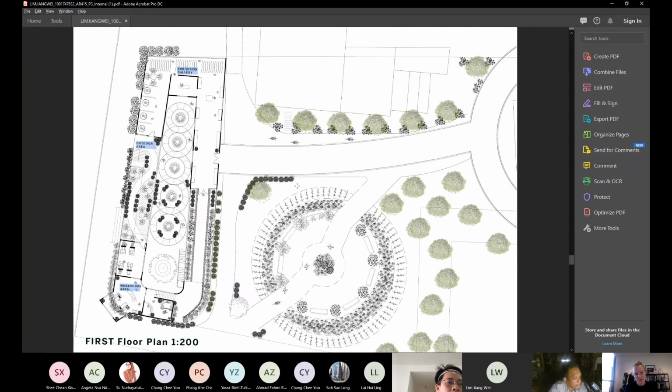So this is my first floor plan. My first floor plan shows the workshop area. After they have experienced the workshop, they can go outside to sit and enjoy the surroundings. Also, they have the staircase. If they want to go to the restaurant, they can use the staircase, or to go to the roof garden, they can also use the staircase.